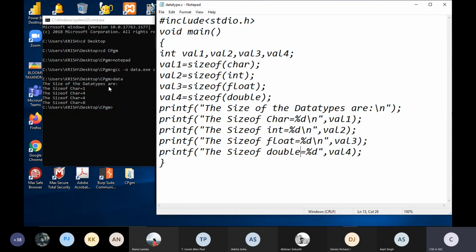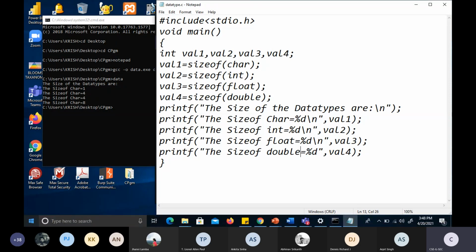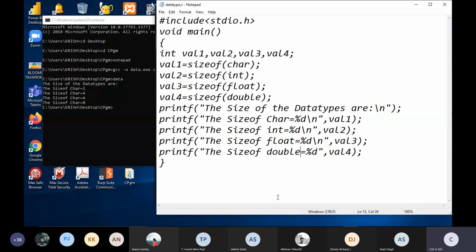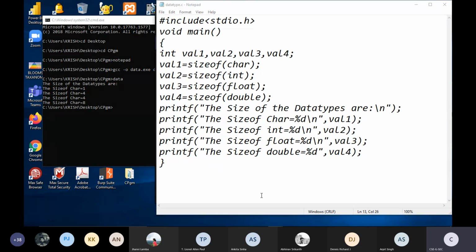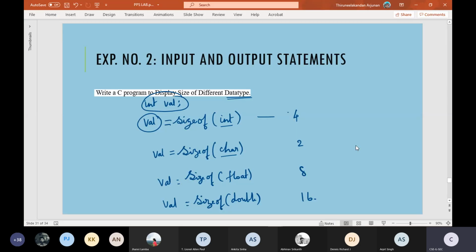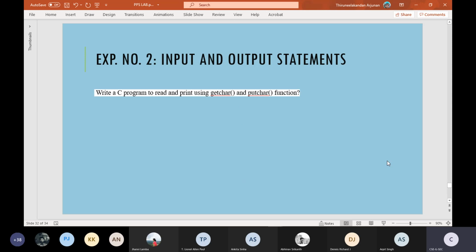Fine. I think we are running out of time, so better I'll do one more explanation of the next exercise, so that we can wind up today's class with that exercise. Okay, listen here, students. We are now moving to the next exercise. So we were here. I expected like this output, but my system is not showing like this. So we cannot say that this is the only static output. Every system will produce different nature of output.